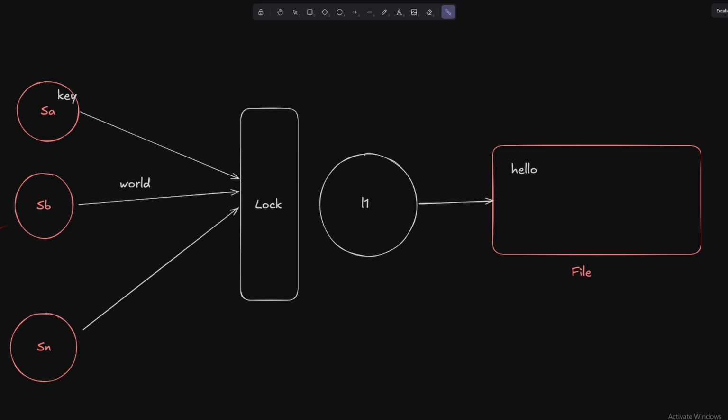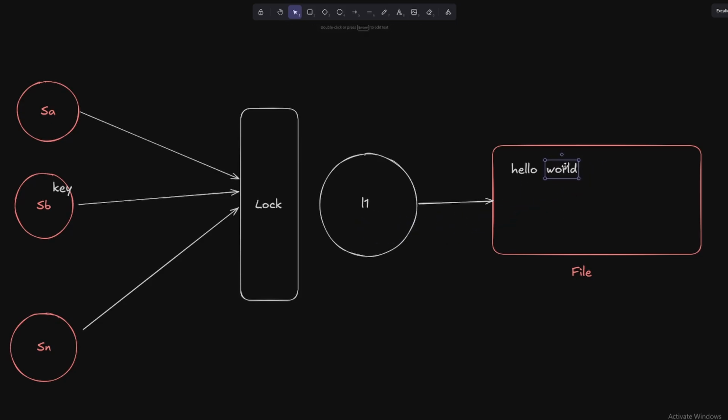It's an asynchronous process. This process will be doing some other thing. As soon as the key is available, the OS will let it know and it will come back up. So let's say this hello part is written, and all this whatever we were doing over here is finished, and SA comes, unlocks this, puts the key over here and just goes back. Now SB, service B, comes and sees that, oh hey, the lock is open right now and the key is present over here. I can acquire the key, go inside the critical section, check everything, perform actions,